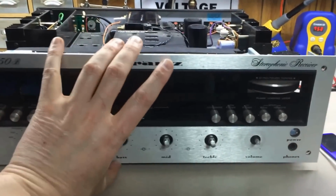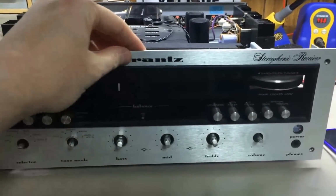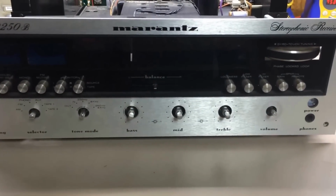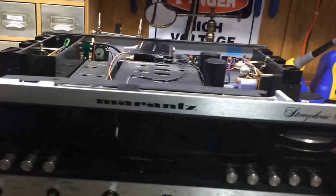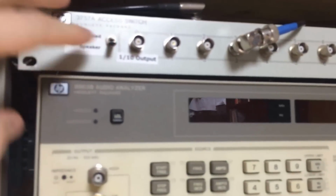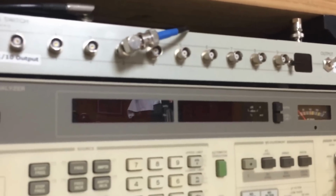So one thing I did is I just slid the faceplate back on, just so I know what buttons I'm pushing per se. And spinning around here to the back, I hook my speaker wires up, which go up here to my dummy load and speaker setup that I've got. And I also plugged a cable into the back here, into the aux, which comes over here to my lovely little